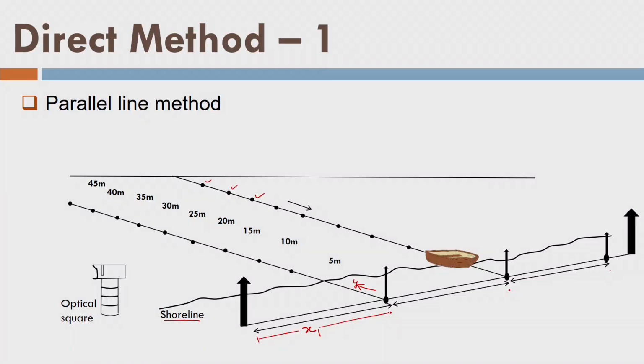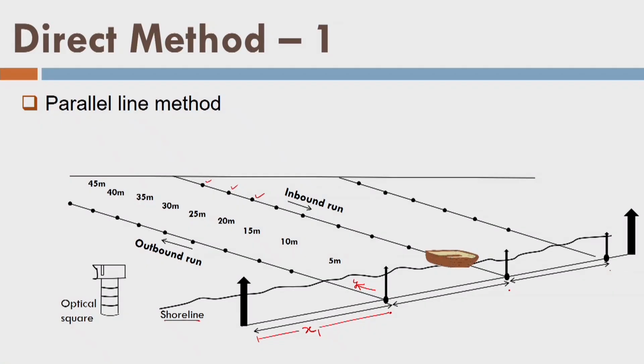When the boat comes from offshore towards the shoreline, it is called an inbound run, like this. When the boat goes away from the shoreline towards the offshore, we call it an outbound run, like this. I hope you got the idea. So we will repeat this alternate outbound run and inbound run to cover the whole area of interest. Like this, we will collect data on these points. You can understand that we are taking the measurements x, y, z at each and every tag of the float line.